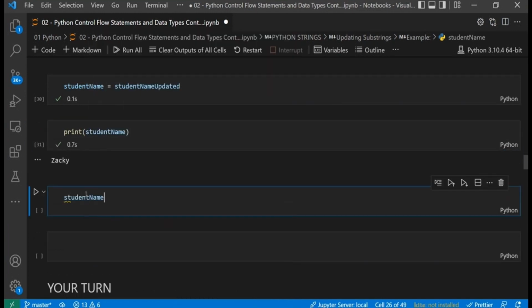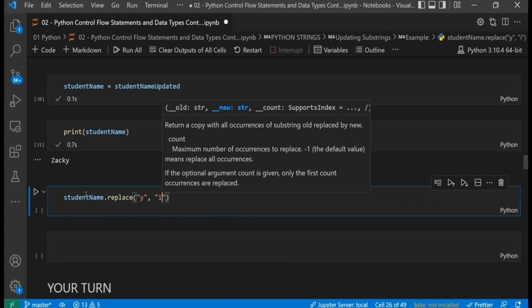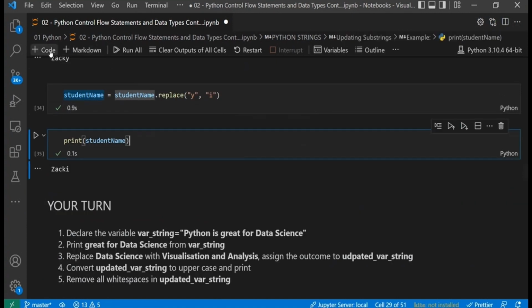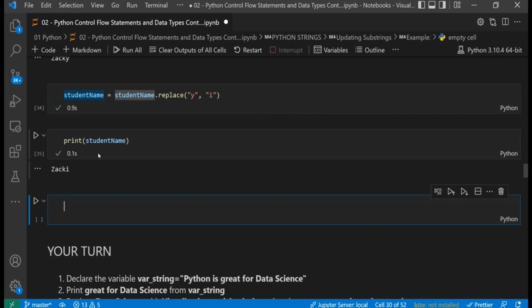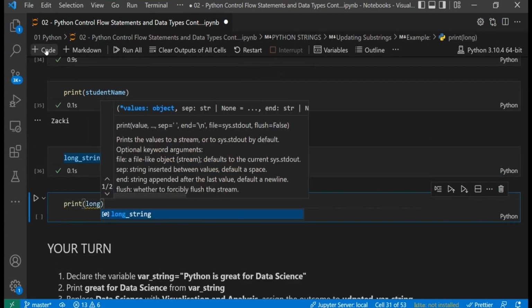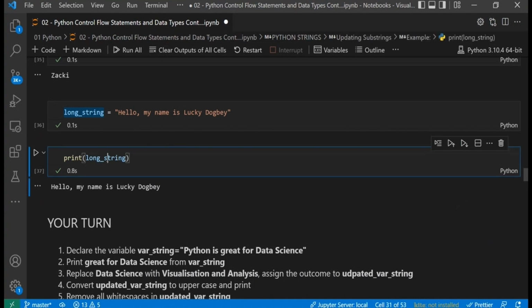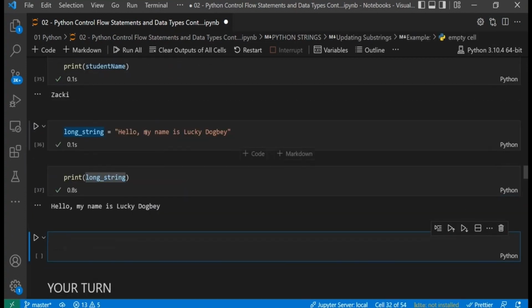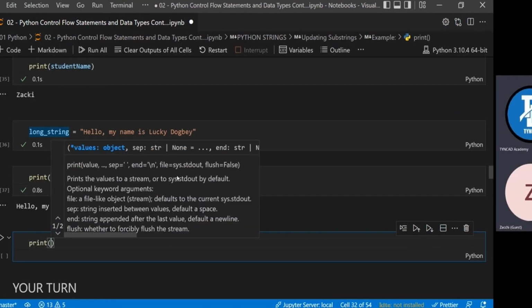Now let's use student name dot replace. Now I want us to bring back I by replacing the Y. Let me just give you an example of how you can do something like that. So this is a long string. Hello, my name is Lucky Dogbe, and then I print long string. Hello, my name is Lucky Dogbe. So all I'm trying to say is that, for instance, I want to omit hello, my name is this, and then start from my name is Lucky Dogbe, and then I print long string,